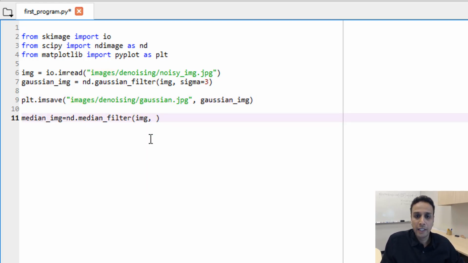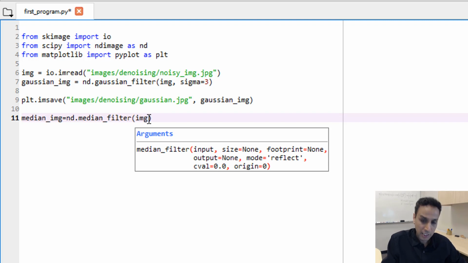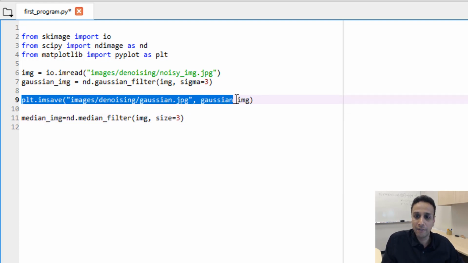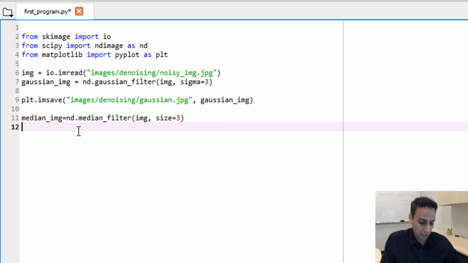img and nd dot median filter, and again if we do this again it should prompt img, and this time it's not sigma, the second parameter is size, and this is the size of the window, of the kernel, so let's keep the size small, like 3 by 3, and let's go ahead and save this image also so we can compare all three at the same time. So this is median, this should be median. Okay, so let's go ahead and run this,